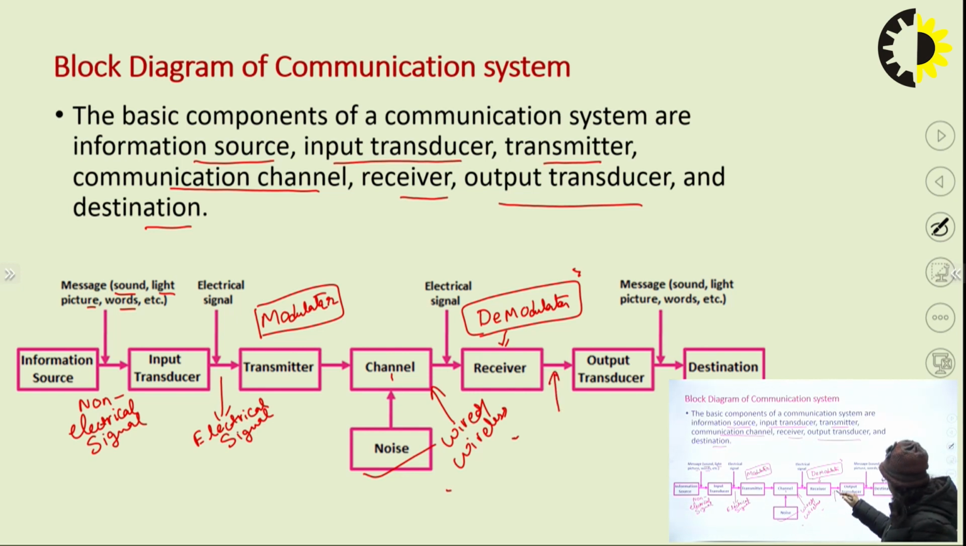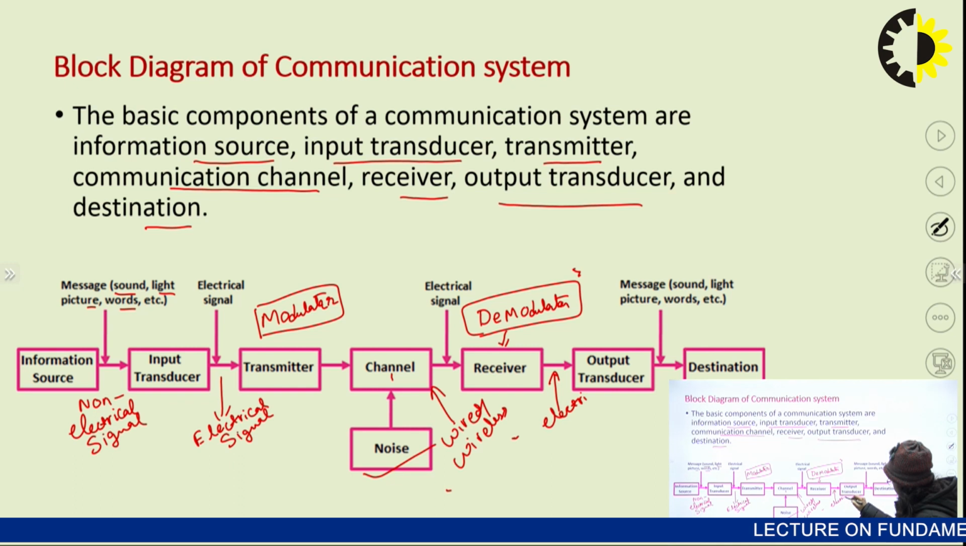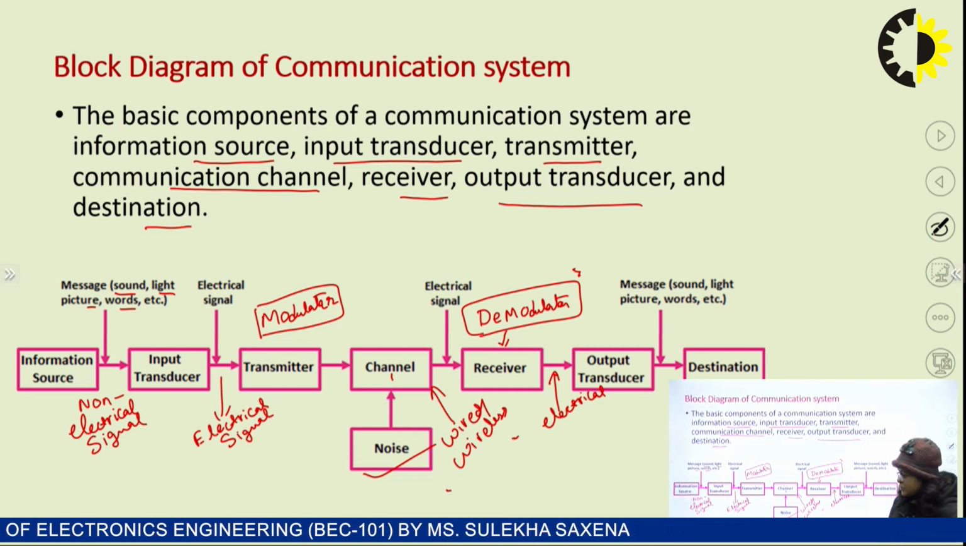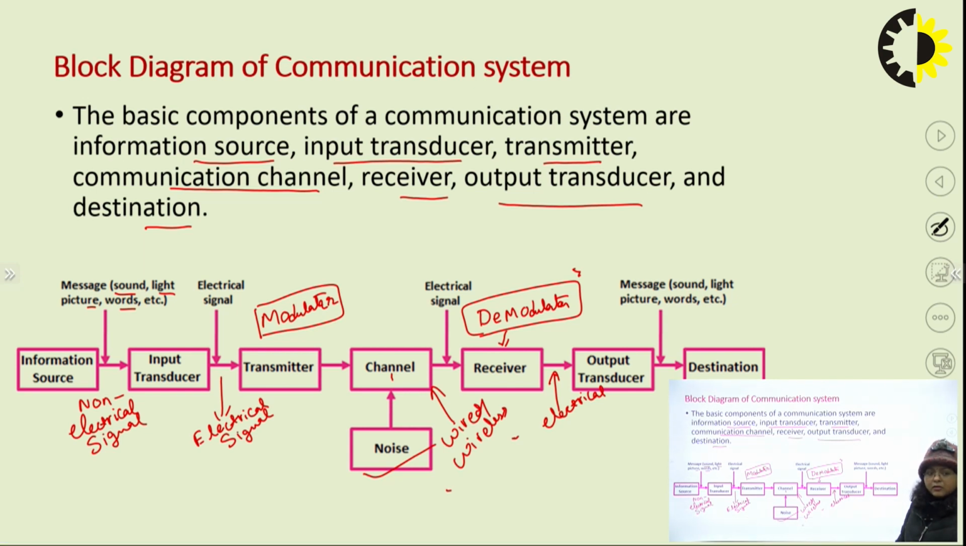This output signal is in electrical form and needs to be again converted to the required form as per the information source. So we use an output transducer which converts electrical signal from receiver to non-electrical form suitable for destination. So this non-electrical signal can be voice for mobile, picture for TV and so on, and this signal is transmitted